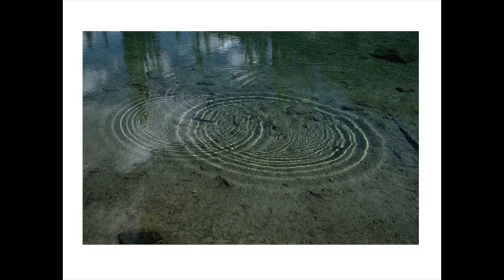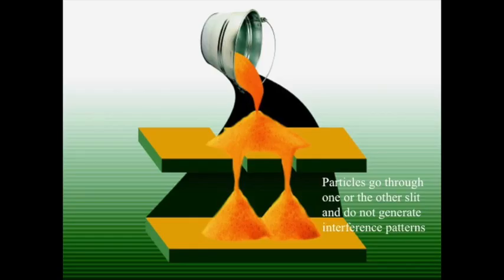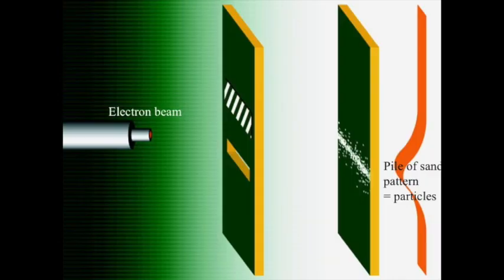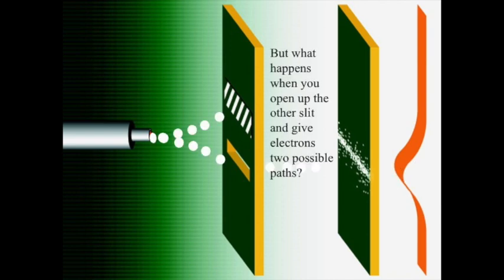So that's how we distinguish between particles and waves, and now we ask the question, is an electron a particle or a wave? And this could be applied to an electron, a photon, an atom, even molecules will do exactly the same kind of behavior. So we have the double slit experiment, and first of all, let's close one of the slits, and we allow electrons to fire from this electron gun through the slit, and you will generate a scatter of particles, a pile of sand kind of pattern. This looks like a pile of sand. And that's what we think is happening, that the electron is passing through there.